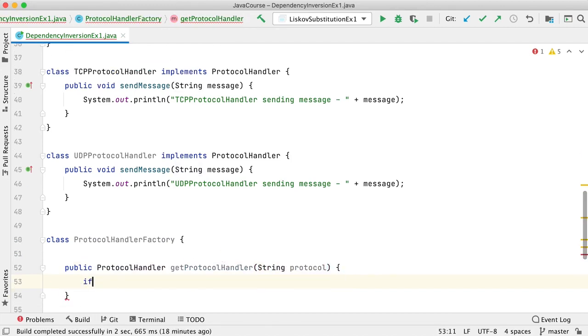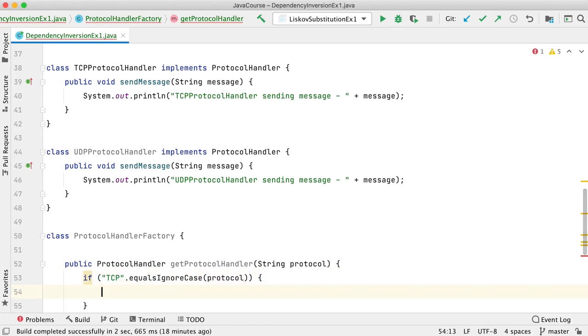Okay, string protocol. So if protocol dot equals, or TCP dot equals ignore case of protocol, or I can take the enums as well. So that's also fine. So you return new TCP protocol handler. Okay.